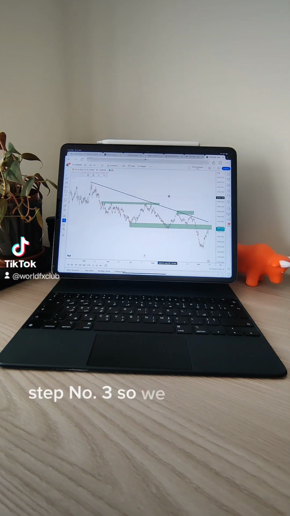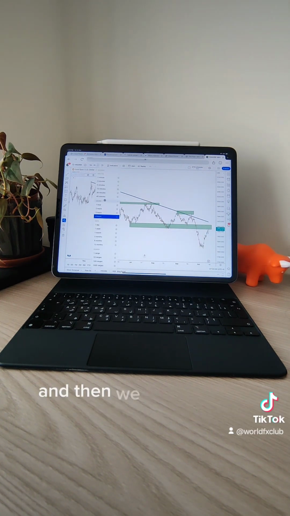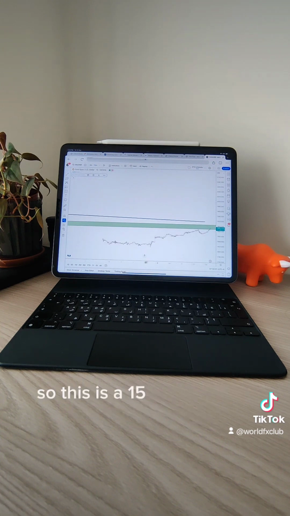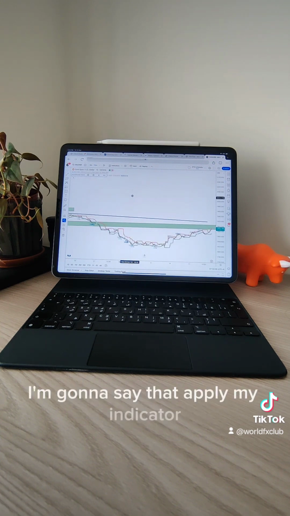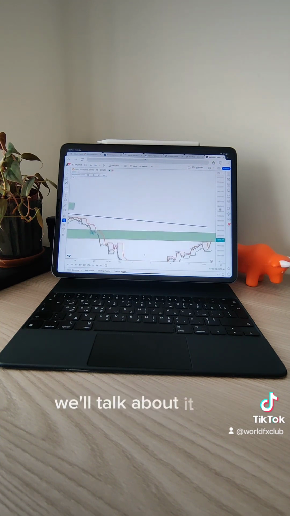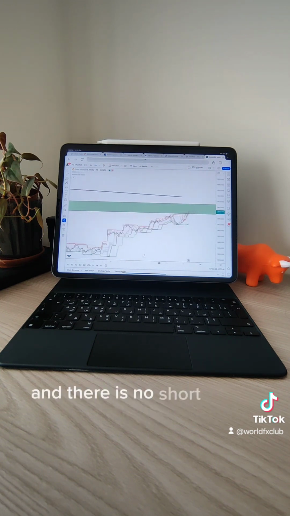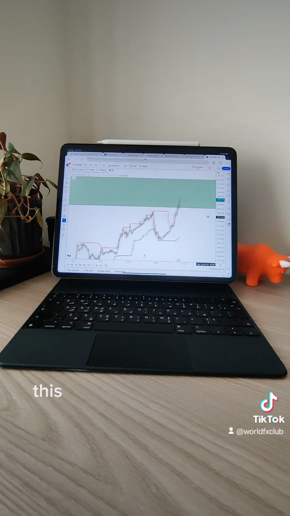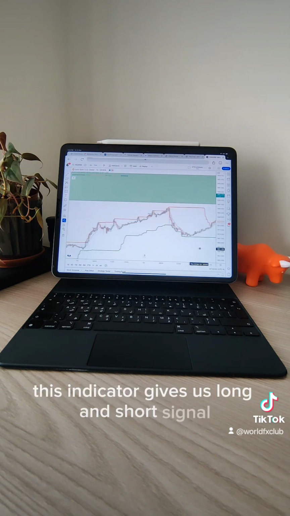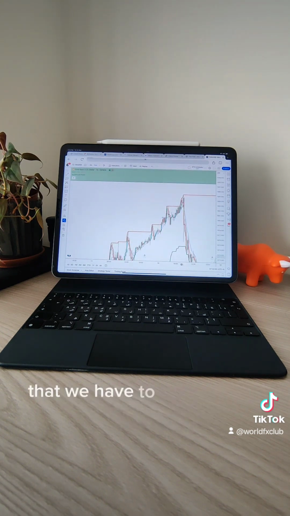Step number 3. We're moving on to our 15-minute time frame, and then we're going to apply our indicator, right? So this is a 15-minute time frame. I'm going to apply my indicator. This is the in-house indicator. We'll talk about it later. But right now, price is in our zone and there is no short signal as of now. As you can see, this indicator gives us long and short signals, and because we have already decided that we have to take a short position,